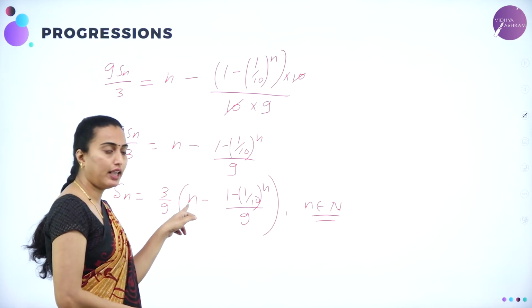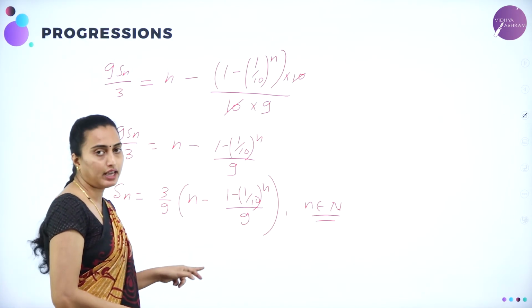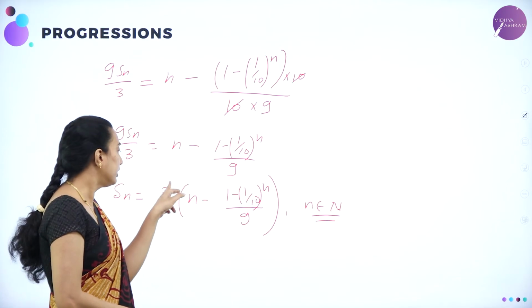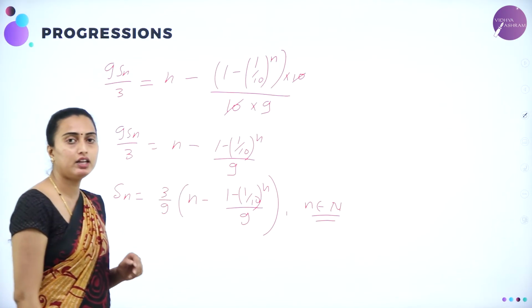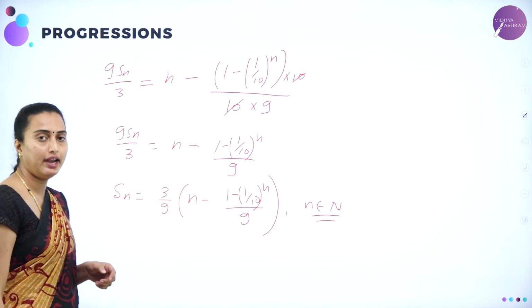Here 1 it will be. Again, we are going to have it as here 9 by 10 only. So therefore, here 9 will go. The first term is remaining 3. That is what the sum to n terms.